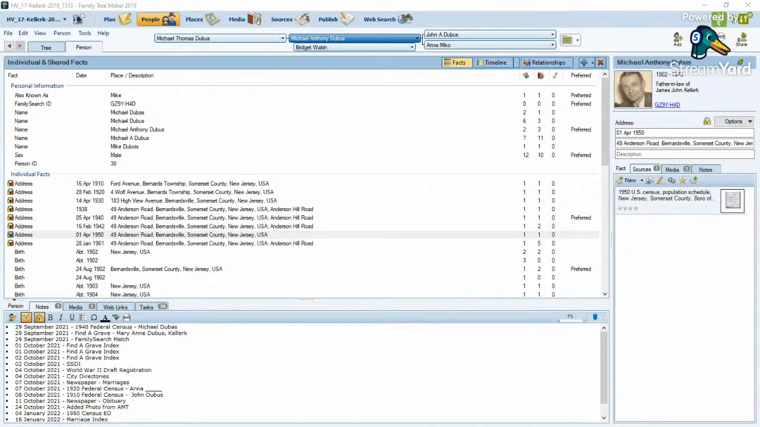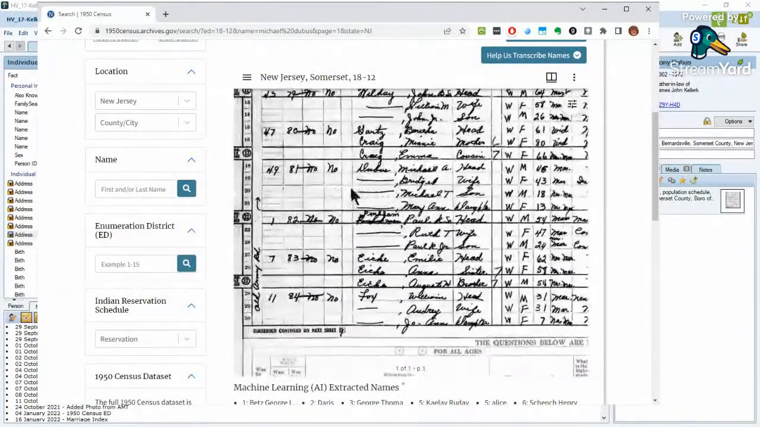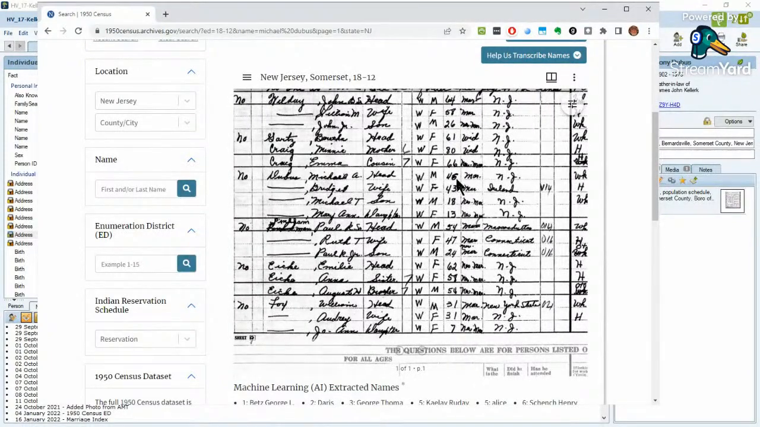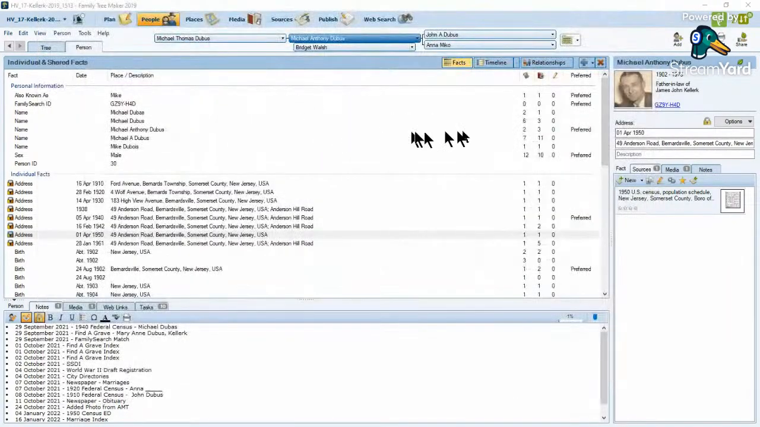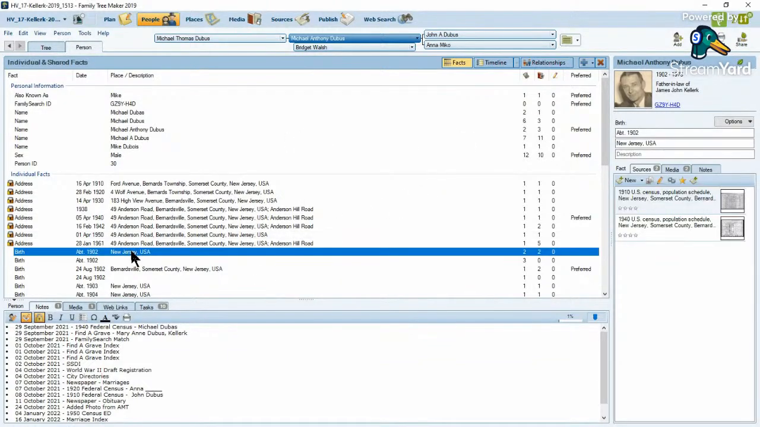Okay, so I've got the address. Let me bring this back. Got the address. We've got his age is 46 and he was born in New Jersey. So I'm going to hit the plus and birth. Or do I need to do that? Let me see. That looks like what it should be. He was born in, his age was,